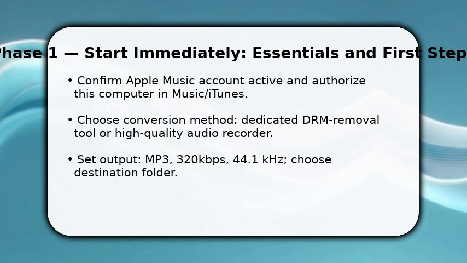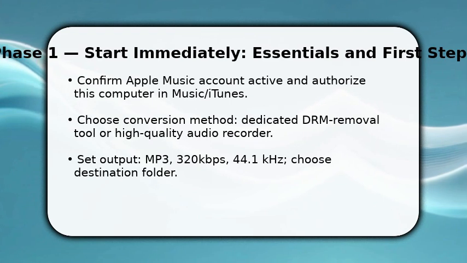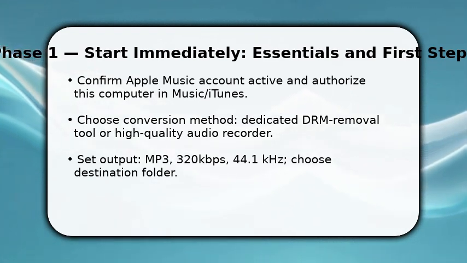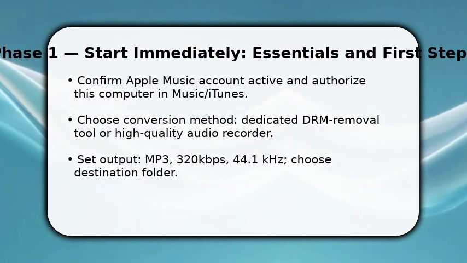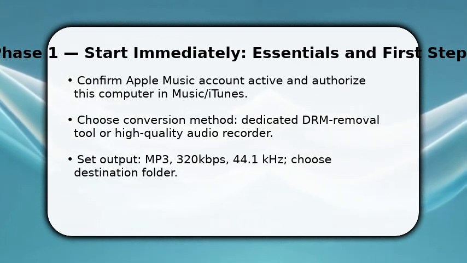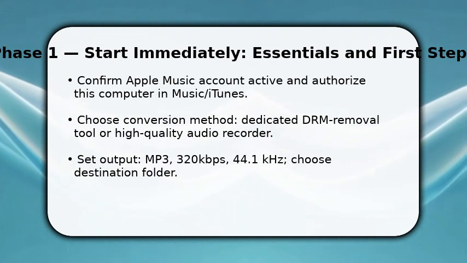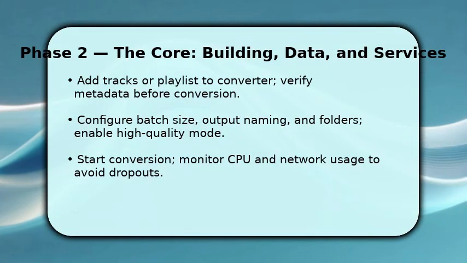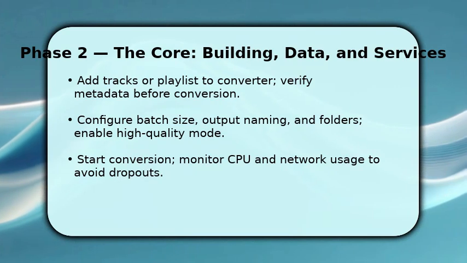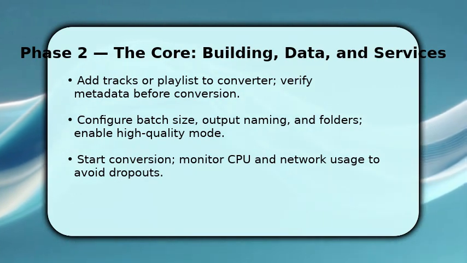Now set output format to Mp3, bitrate 320 kbps, sample rate 44.1 kHz, and pick a clear destination folder. Make sure you run updates on both the music app and converter before proceeding. This prevents compatibility issues. You'll add tracks or entire playlists to the converter and double-check metadata so titles and artwork